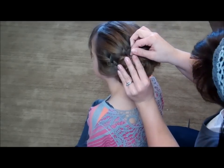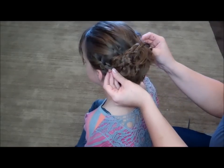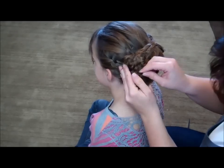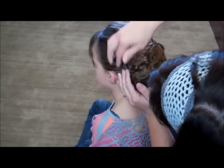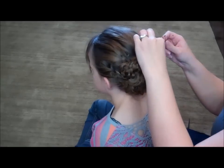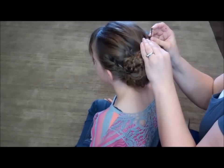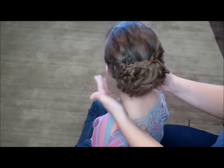Okay. Sorry, just a few more bobby pins in this top part, just to make sure it's nice and smooth and sharp. And we are good to go. That's nice